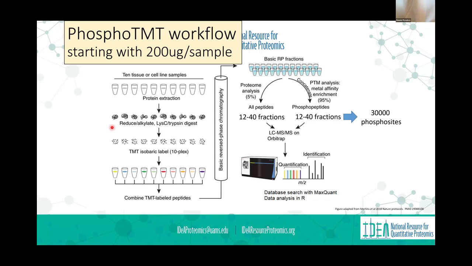If we do phosphoanalysis, we ask for 200 micrograms, and we're loading all of that on the mass spectrometer. And so we're asking you for twice as much, but we're using 200 times as much. And so that shows you the role of enrichment. We actually take 95% of that sample and dedicate it to phospho. We're doing the lysate with only 5%. And with that, we do the enrichment, and then we fractionate and let the mass spectrometer pull it out.